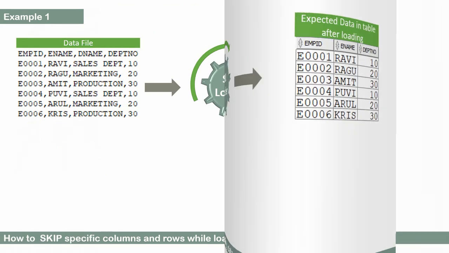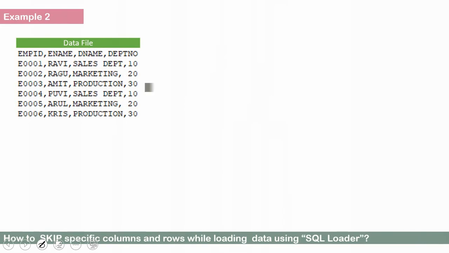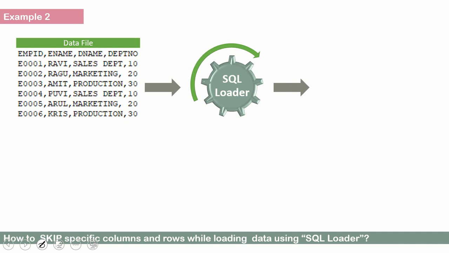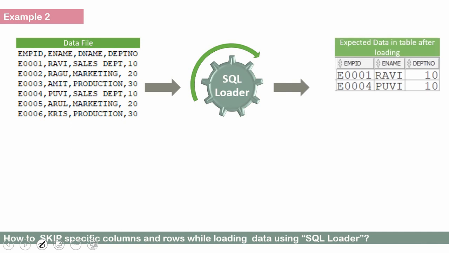We are going to extend the same example, and in the next example, along with skipping a particular column, we are going to skip a few sets of records. In this case, we are going to load only the employees working in department 10. So we are going to exclude anyone working in any other department, such as the rows of those working in department 20. That way, we can combine excluding the column and a specific set of rows in the same control file. Now let us see how to achieve this using SQL Loader.